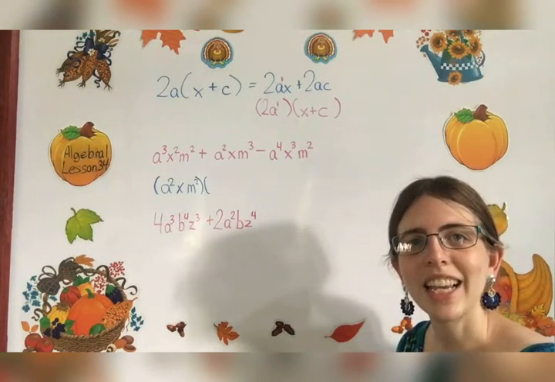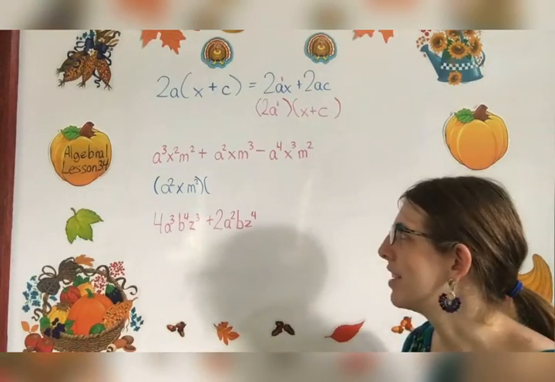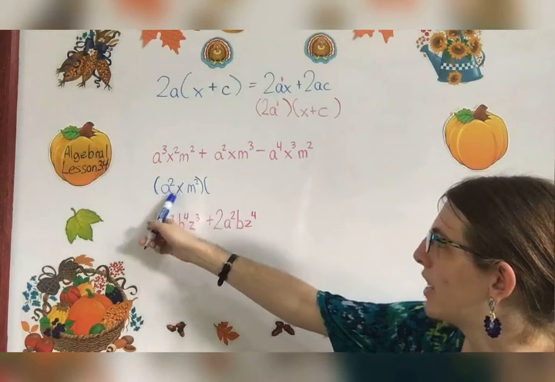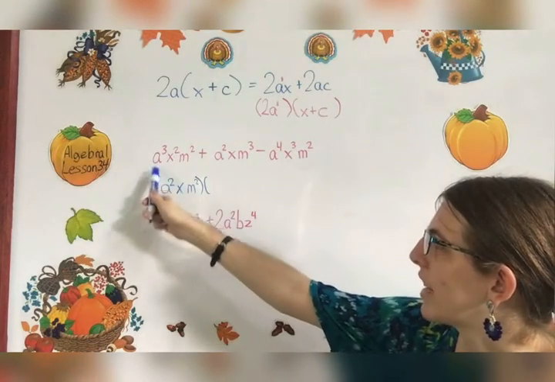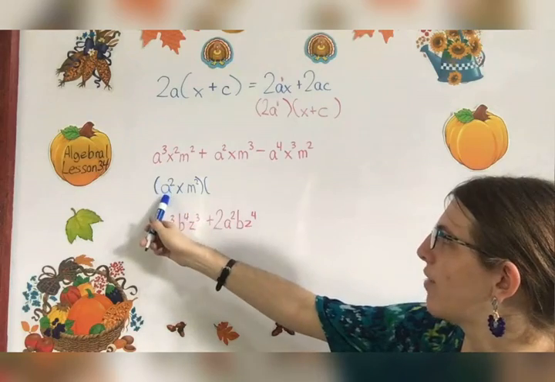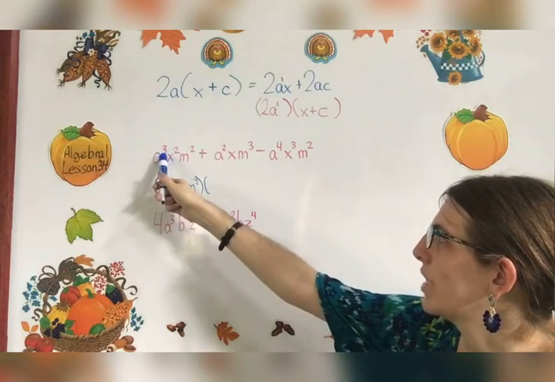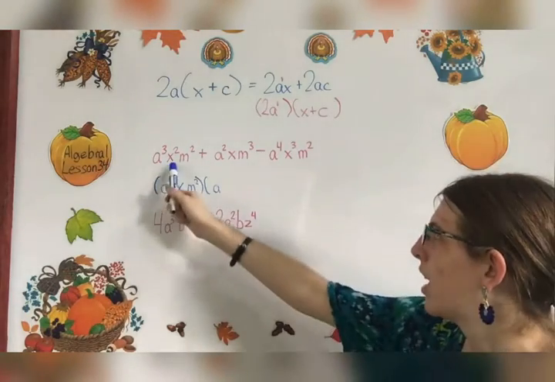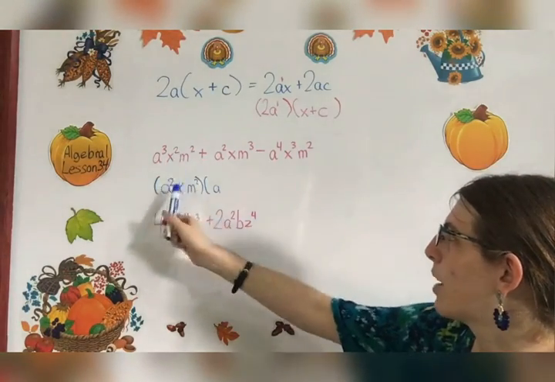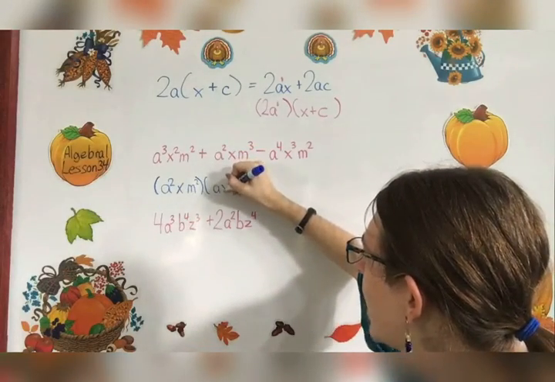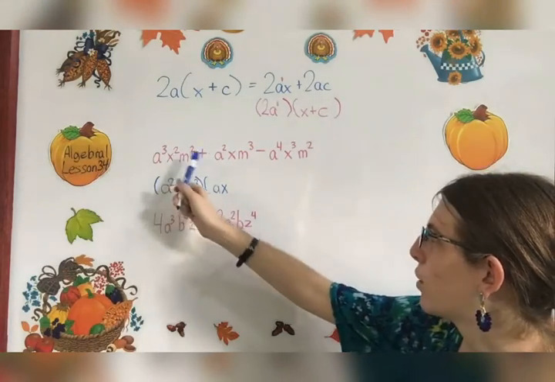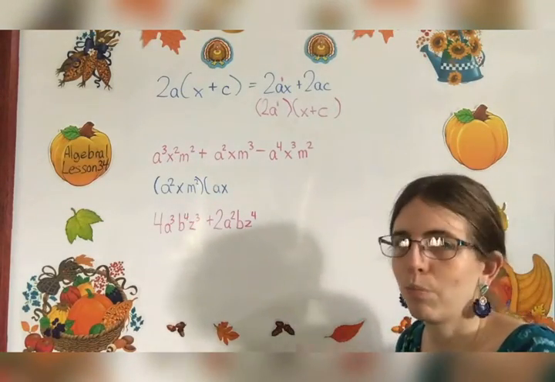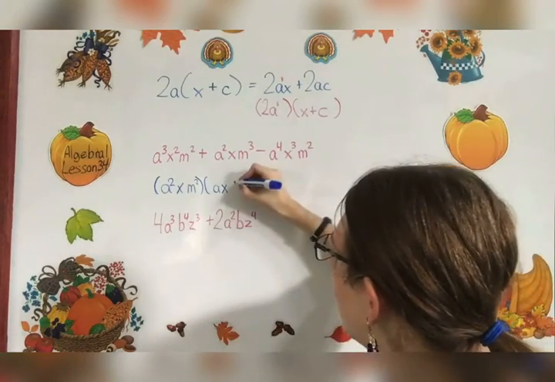Now you'll divide each term by this greatest common factor. So a cubed x squared m squared divided by a squared x m squared. Start with each letter. a cubed divided by a squared. I subtract my exponents. 3 minus 2 is 1, so I'm left with just an a. x squared divided by x, 2 minus 1 is 1, so I'm left with just an x. m squared divided by m squared cancels out, so that means it's 1. Okay? Plus